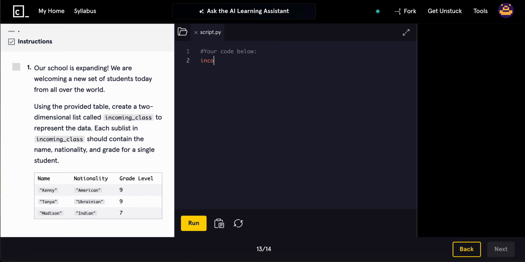So we'll do incoming class equals, first we have Kenny, who is American, and the grade level is 9. Next we have Tanya,